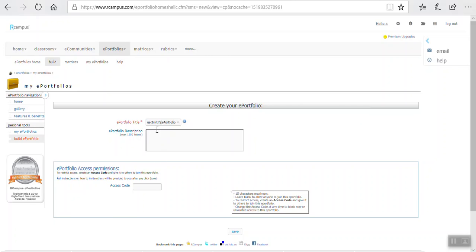Do not feel the need to write a description. There's no need for it. And please do not put an access code because you'll lock all of us out there. So keep this box blank, and let's go click Save. And once you've done that,